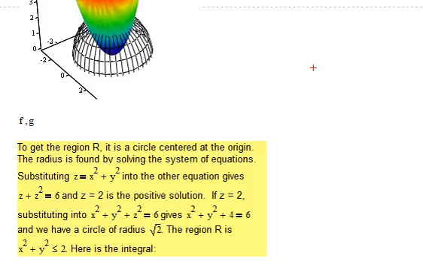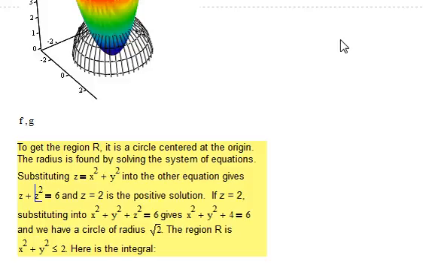And to get the region R, we could see that it's a circle centered at the origin in the xy plane, but it's hard to figure out what the rest of it would be. But the radius we can find by solving the system of equations, substituting z equals x squared plus y squared into our sphere equation. So z replaces x squared plus y squared, so we get z squared plus z minus 6 equals 0. So z plus 3 times z minus 2 equals 0 if it's factored, so